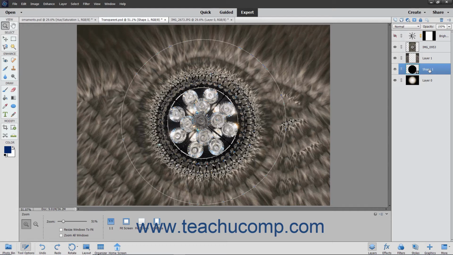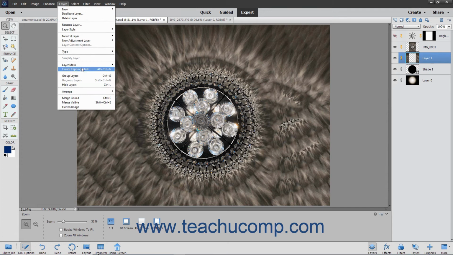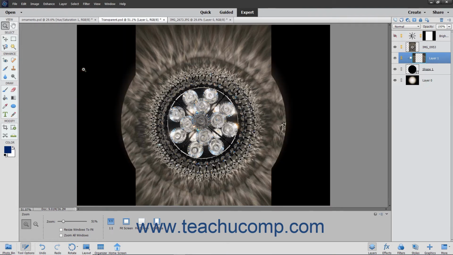To create a clipping group, place the layers into the appropriate order using the Layers panel. You can only create a clipping group between two adjacent layers at a time. Select the top layer in the group within the Layers panel. Then select Layer, Create Clipping Mask from the menu bar to create a clipping group between the selected layer and the layer below it. To add more layers to the clipping group, select either the layer above the current clipping group or the bottom layer of the existing clipping group,